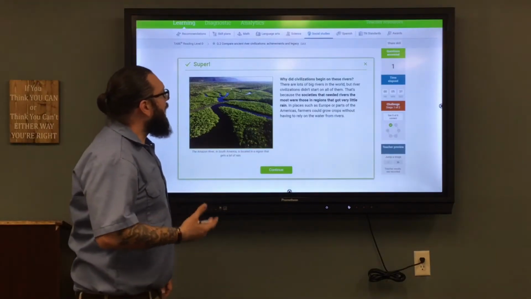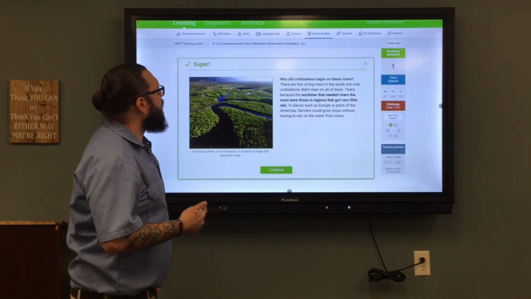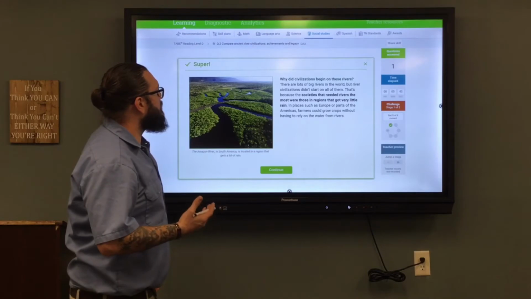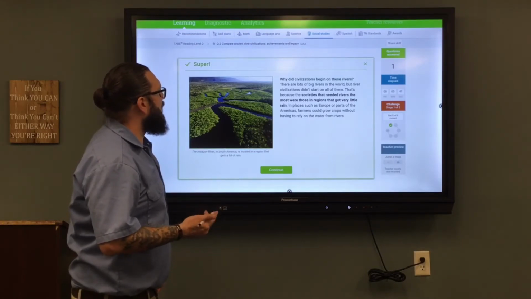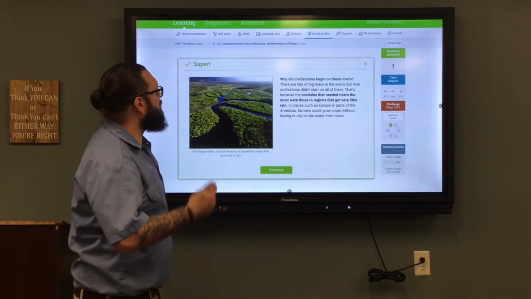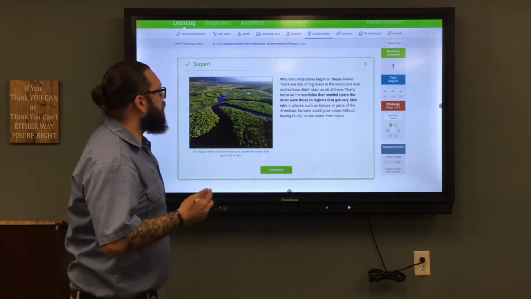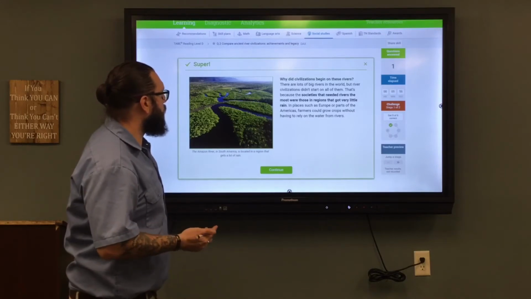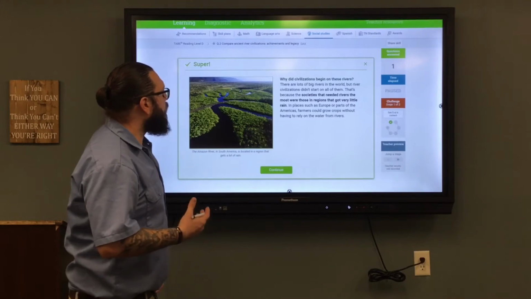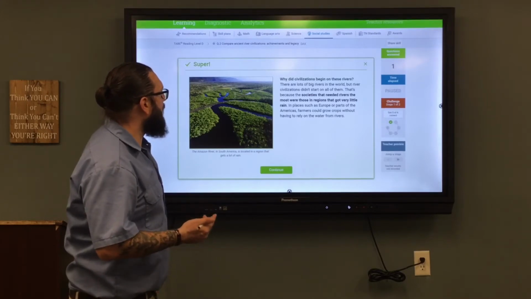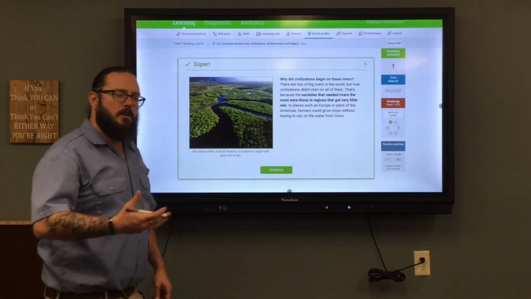So it states, why did civilizations begin on these rivers? There are lots of big rivers in the world, but river civilizations didn't start on all of them. That's because the societies needed rivers. The societies that needed rivers the most were those in regions that got very little rain. In places such as Europe or parts of the Americas, farmers could grow crops without having to rely on the water from rivers. So, in your notes,